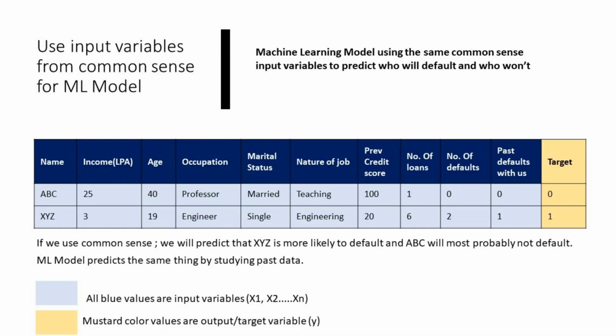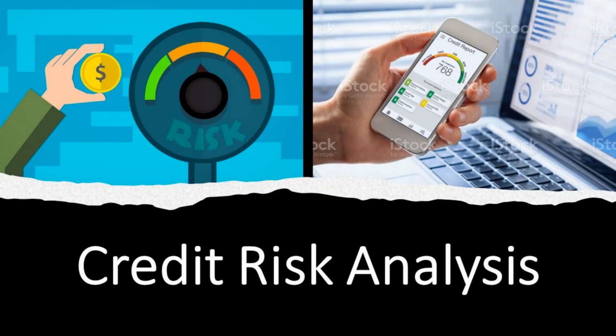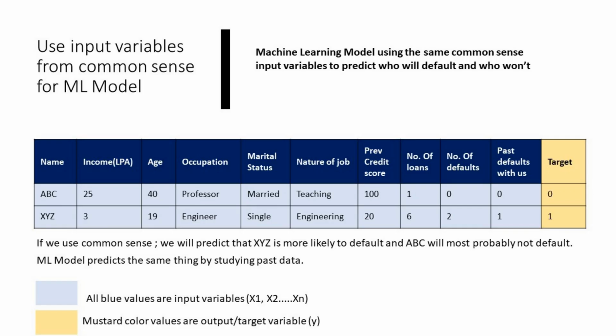First, we need to define the problem at hand. What is the output variable? What are the input variables? Then we need to clean the data. We need to treat non-numeric variables. We need to clean the missing values and outliers and all of that again. So let me summarize the steps a little bit. So what you would do is, first you need to define the problem. What is the y? What are the x's? Y is the output. What is the output we are trying to get? And what are the different input variables which will determine the output?